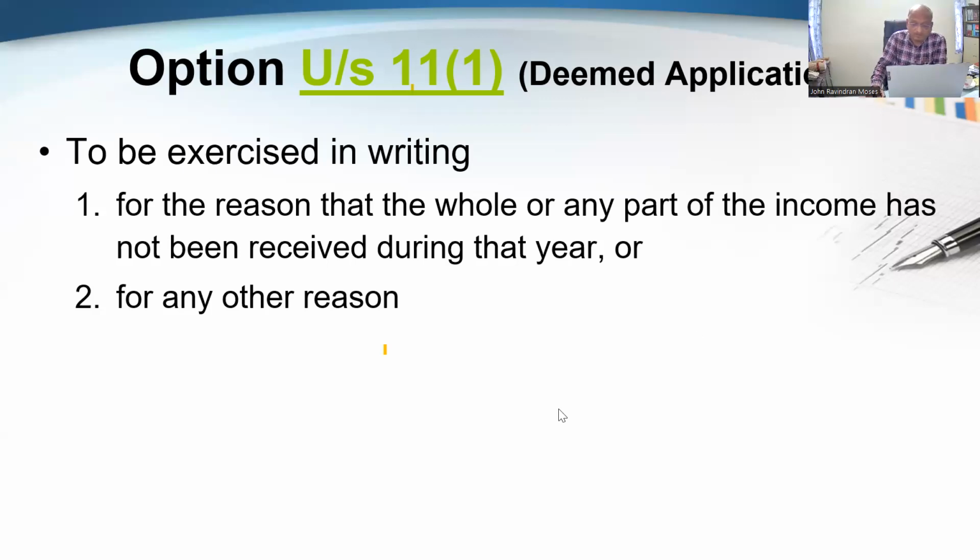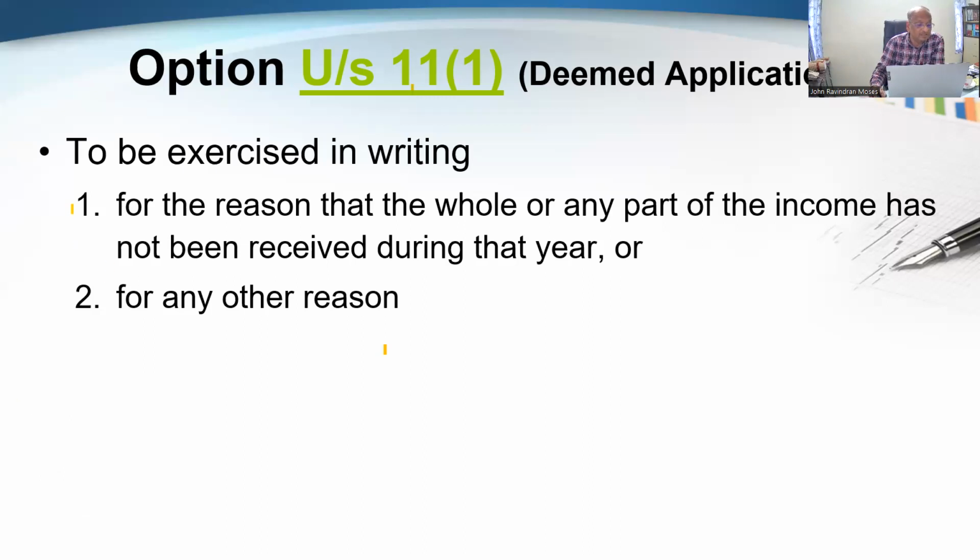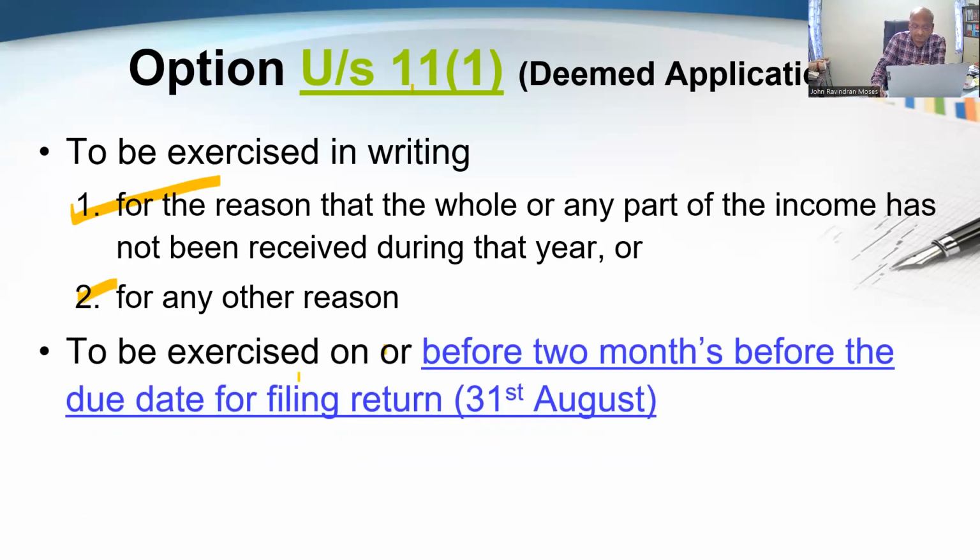Okay, what government says is that when we have instances like this, we can use this option under section 11(1), call this as a deemed application. The reasons I've already explained to you. There can be two reasons. One is that you have not received the income or for any other reason. In such cases, all you do is that you have to